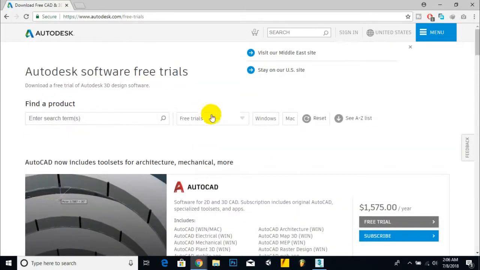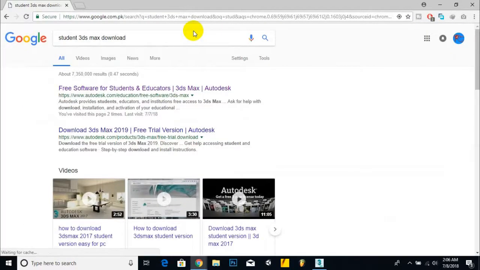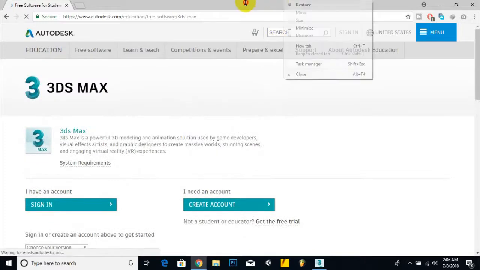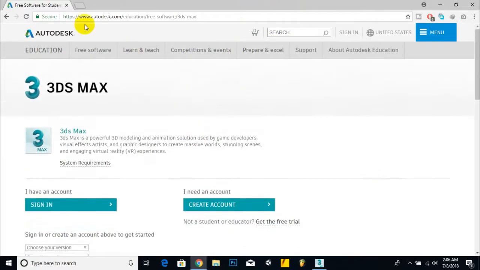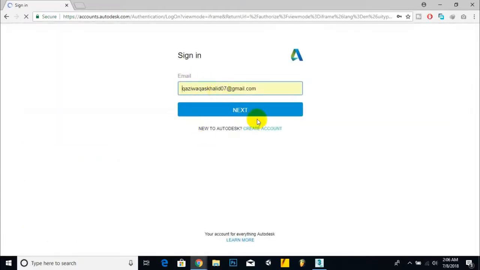But another method I will refer you is the student download. For students, Autodesk makes its software totally free. So if you want to enjoy the free and complete version, you can come to this link, student section, and then you can just sign in by your account. You can create a new account here, and after that